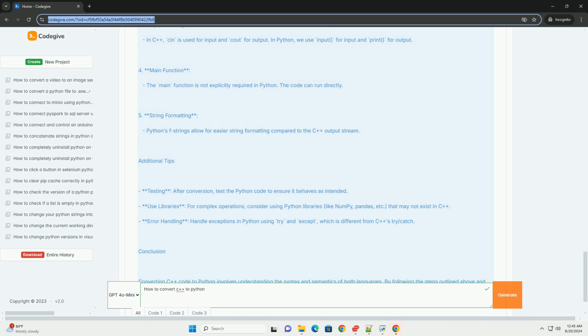Classes and objects. The concept of classes and objects exists in both languages, but the syntax and some semantics differ. Libraries and functions. Some standard library functions might not have direct equivalents in Python. You may need to find or write equivalent functions. Example code conversion. Let's look at a simple example converting a program that calculates the factorial of a number into